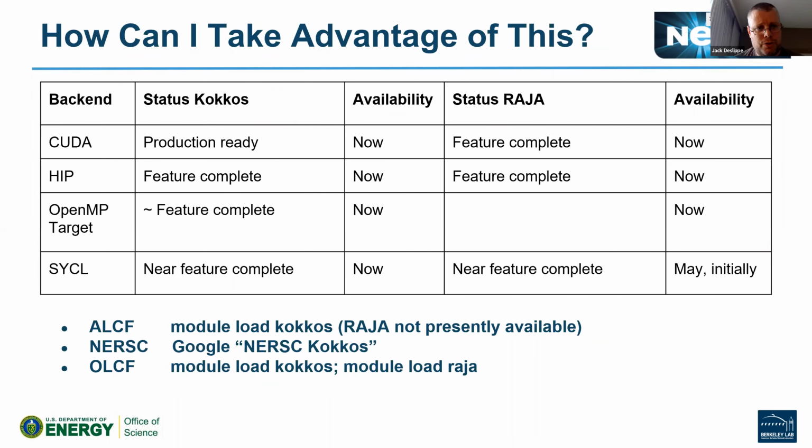Kokkos on top of AMD GPUs, particularly using HIP, is also essentially feature complete at this point. Same with RAJA. OpenMP Target, I think, is essentially feature complete for Kokkos. I don't believe the RAJA team has any plan to implement something similar. And then Kokkos and RAJA on top of SYCL, I think, are nearing feature completion. There's been a lot of work towards optimizing these for